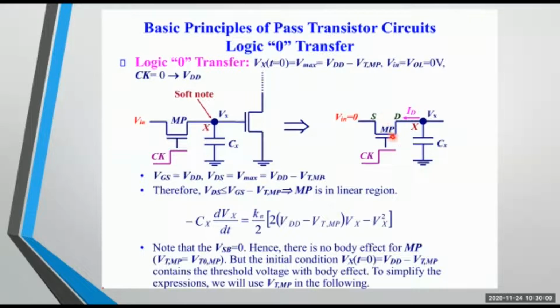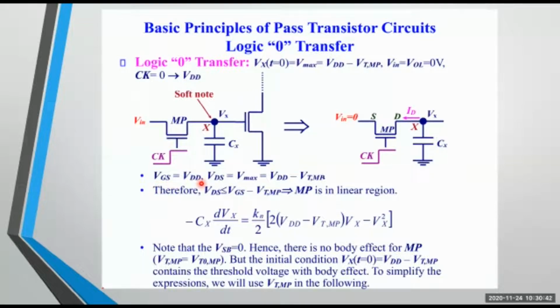Since I'm using an N type pass transistor here, this N type pass transistor will work only when the gate voltage is high. So whenever I give clock equal to VDD, only then it will be turned on. Then this input signal which is supplied over here will move from this terminal of the transistor to the other terminal of the transistor, so that you can expect some voltage at the node X, and that voltage at the node X will define the value which is stored in the CX. So this is what we have given here.